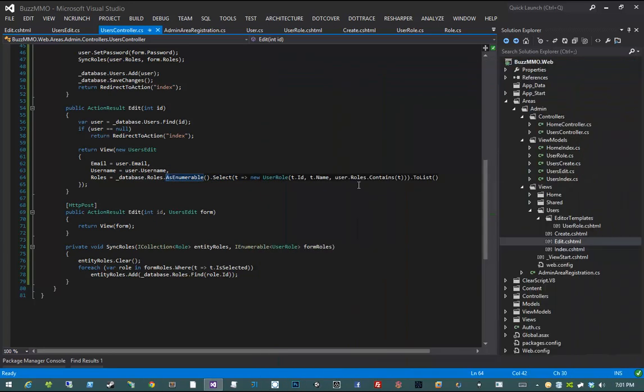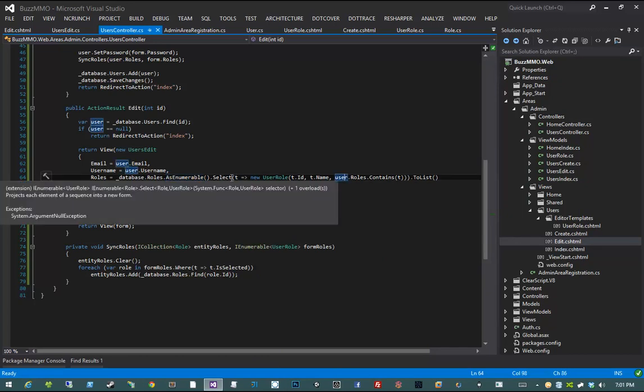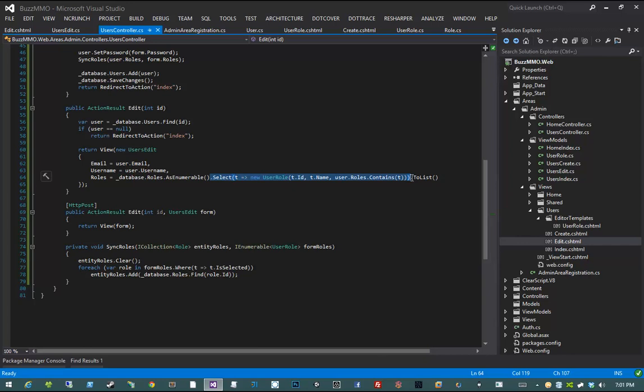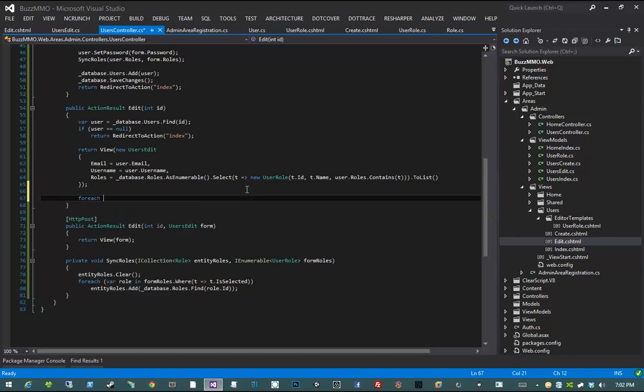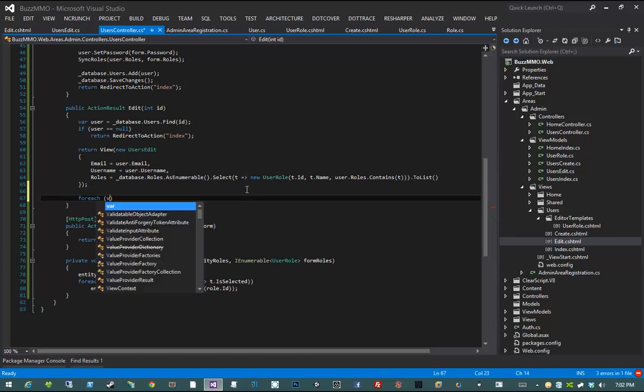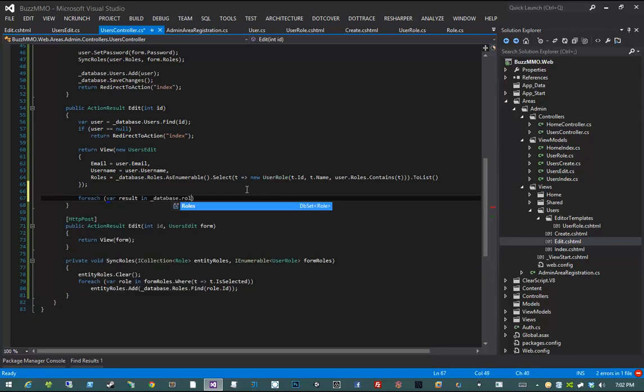And the way we're doing that is, when this select code executes, it's executing in memory, but the results of the database query are being streamed in to this select call as the select call is going, meaning that the enumerator or enumerable, if you imagine this as a for each loop, if you said for each var result in database.roles,